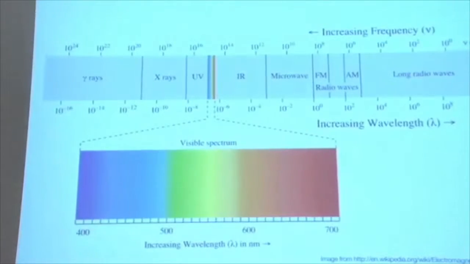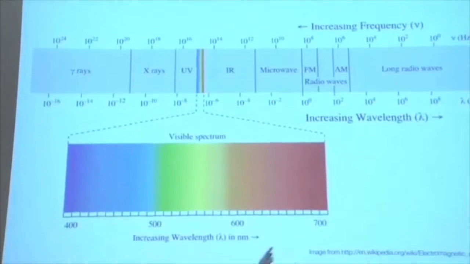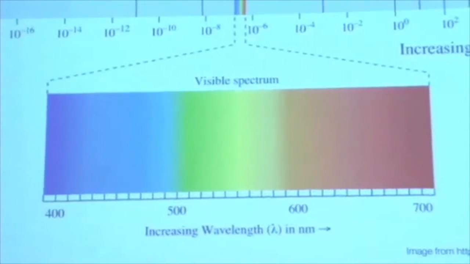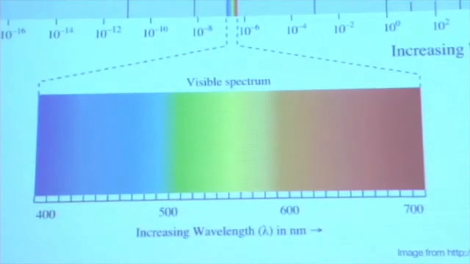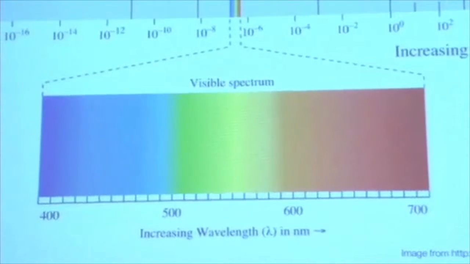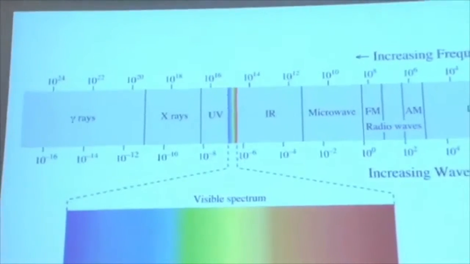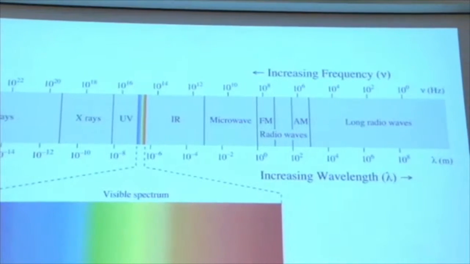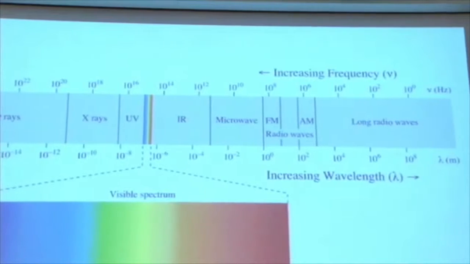We can only view a very narrow portion of the frequencies of electromagnetic radiation that is propagating throughout the universe. Because of this duality of properties, where it has both properties of waves and of particles,